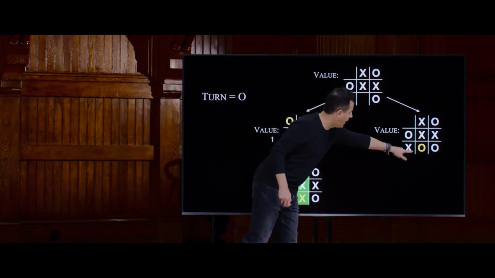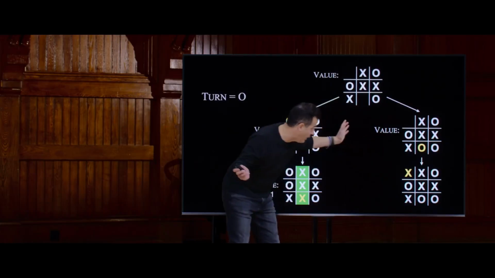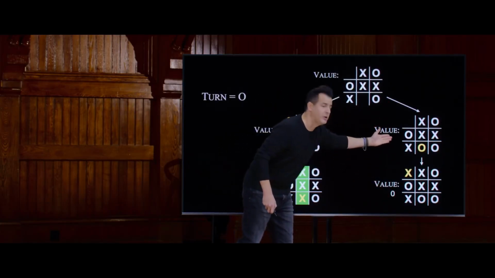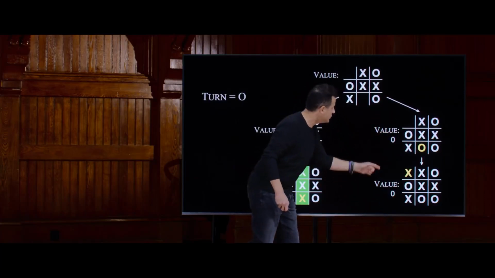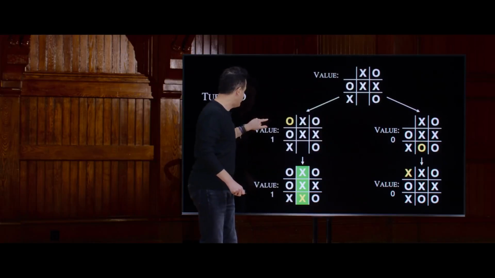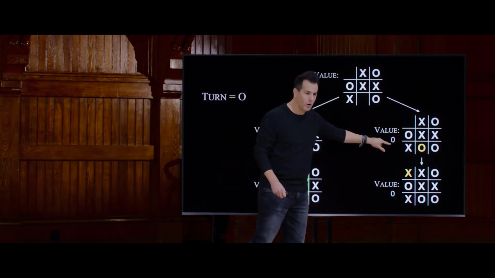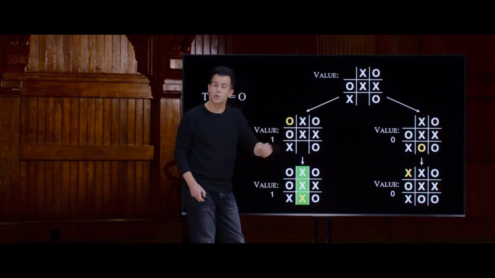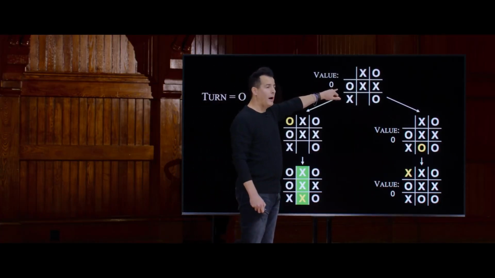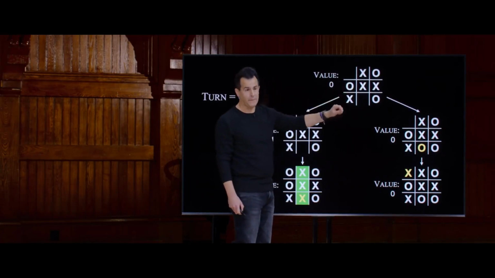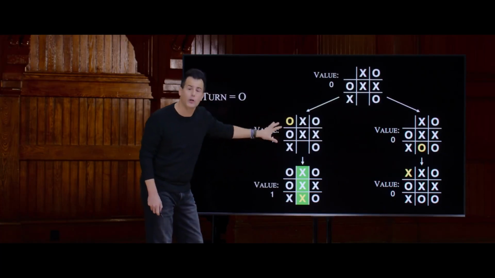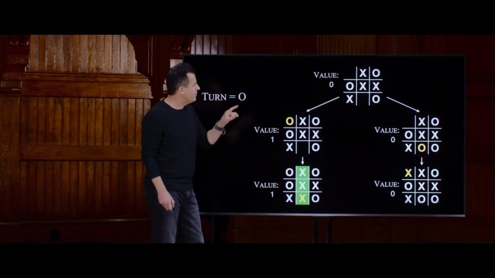Over here, though, if O goes bottom middle, well, then X is going to go top left. And now no one has 3 in a row. So the value of this board is thus 0. We might as well treat this as 0 because that's the only way to get there logically. So now O, more mathematically and logically, can decide, do I want an endpoint of 1 or an endpoint of 0? Well, 0 is probably the better option because that's less than 1, and thus it's the minimal possibility. So O is going to go ahead in the bottom middle and at least force a tie. And so that's where you see evidence that if you humans are ever losing the game of tic-tac-toe, you have not followed their logic. But you could probably do it if there's just 2 moves left.